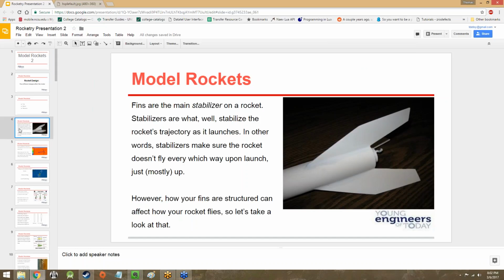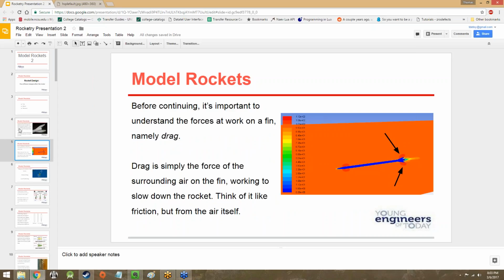Anyway, last Wednesday we talked about fins. We talked about how they're the main stabilizer on a rocket. Duh. But how they're structured can affect how the rocket flies, so we wanted to make sure that we went over basically why you might want to structure them specific ways. The reason why we want to keep track of that is because